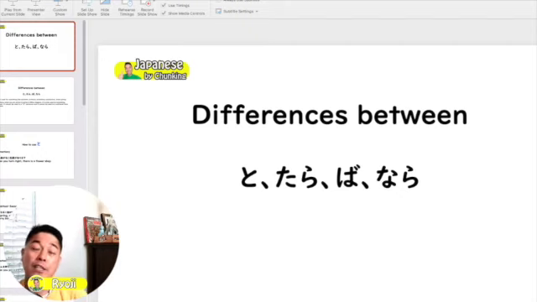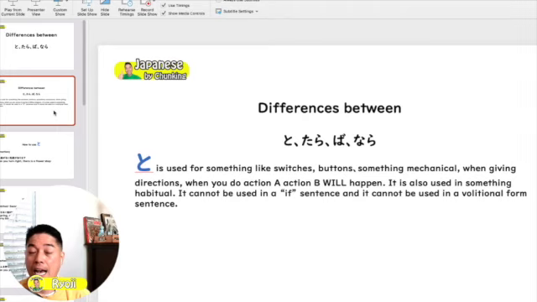talking about the differences between と、たら、ば、and なら。今日はですね、皆さんと一緒に、と、たら、ば、ならの違いを勉強したいと思います。Okay, so let's begin. So the differences between と、たら、ば、and なら。First, I'm going to talk about と。との使い方を一番最初に勉強しましょう。So, と is used for something like switches, buttons,